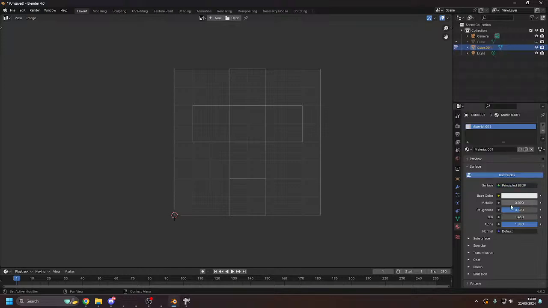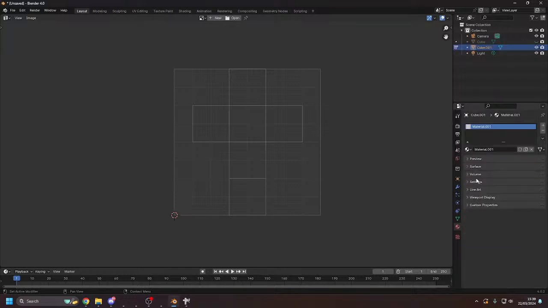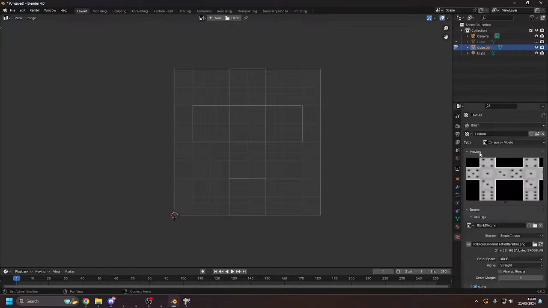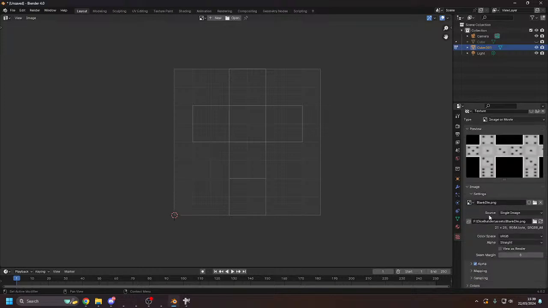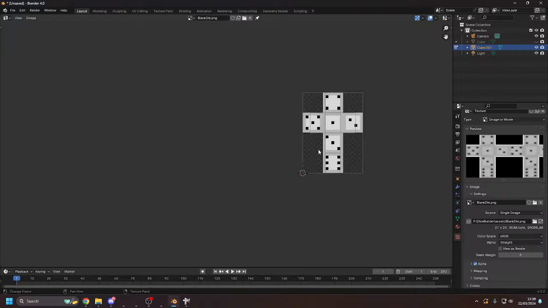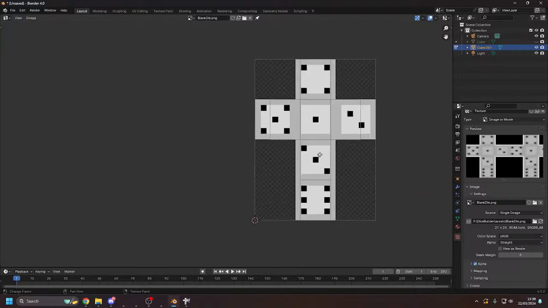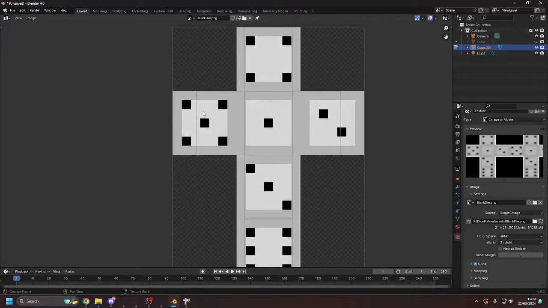Hmm. Subsurface. Volume setting. Viewpoint duration. Yeah. Okay. So somehow